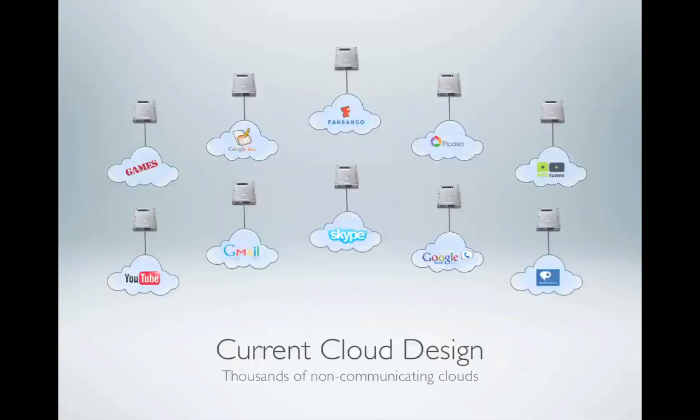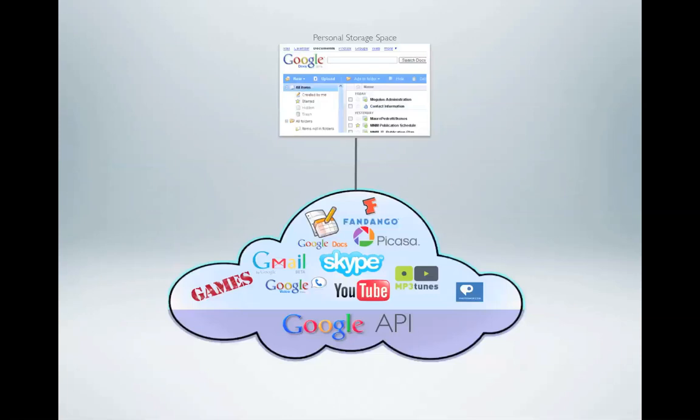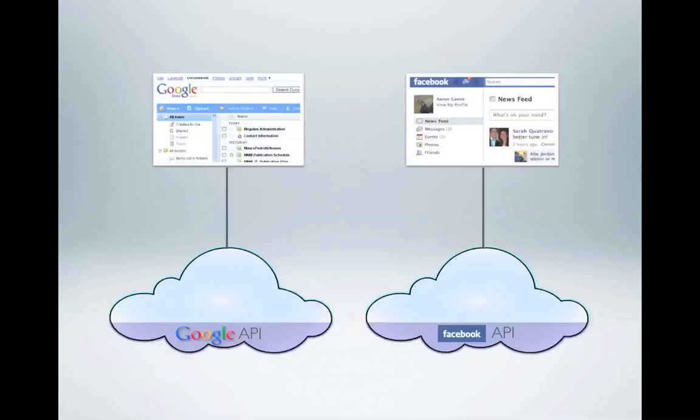So currently, we have to manage hundreds of thousands of different web apps. I propose that Google builds an API or a platform that many other web apps can sit on top of to create what I'll call a mega cloud. And that cloud will connect to a single personal storage locker. Now, I do want to make it clear that I think Google and Facebook and a couple of other players will likely create this platform. But it will be a lot easier to manage the 5 to 10 platforms that will arise than it will be to manage the 100,000 web apps that exist today.